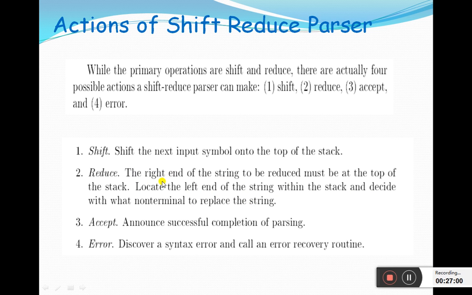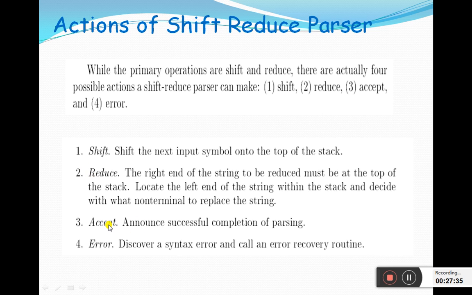In summary, for the reduce action: locate the handle on the top of the stack, then choose the appropriate production whose body matches the handle, and replace the handle by the head of that production. Body is replaced by head of the production.